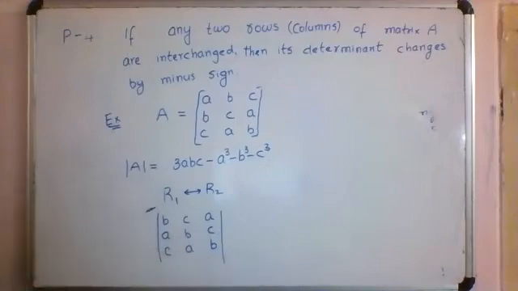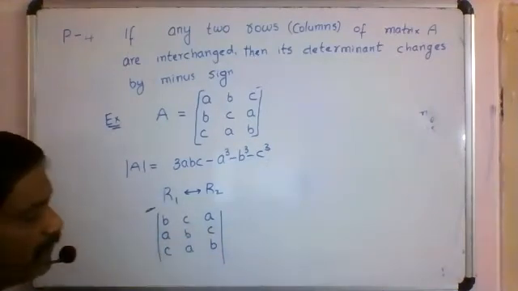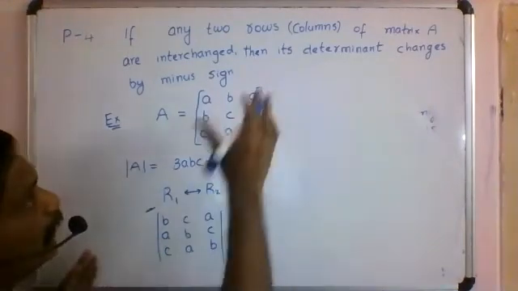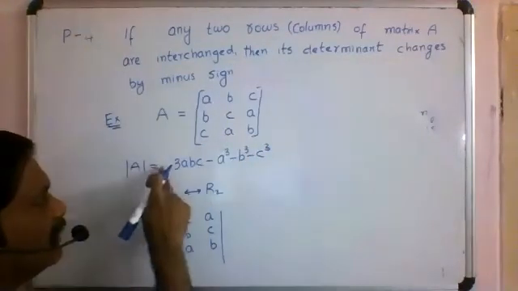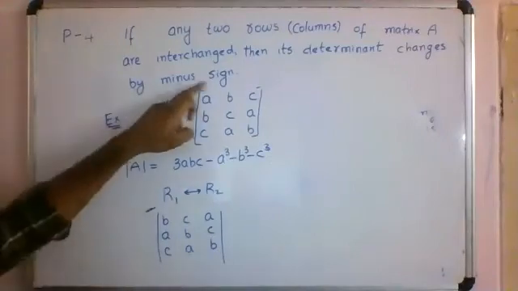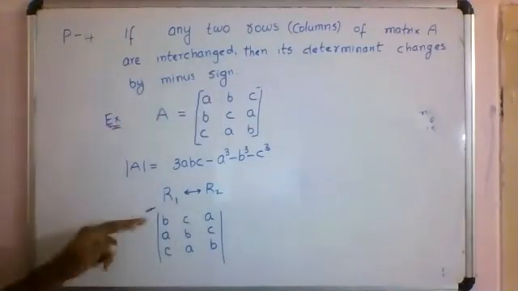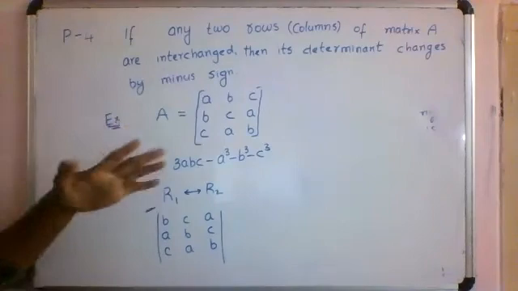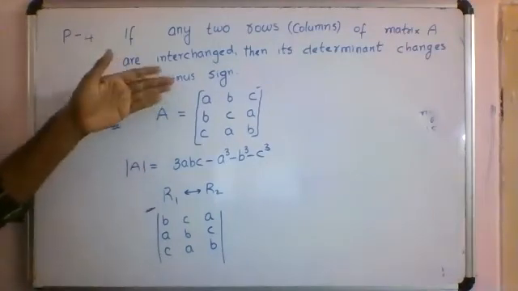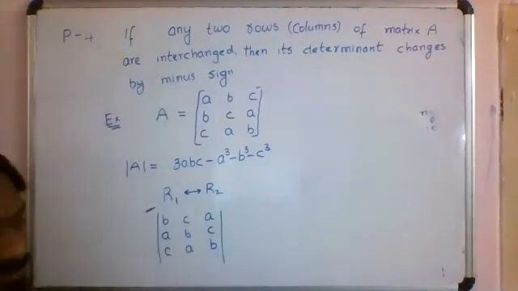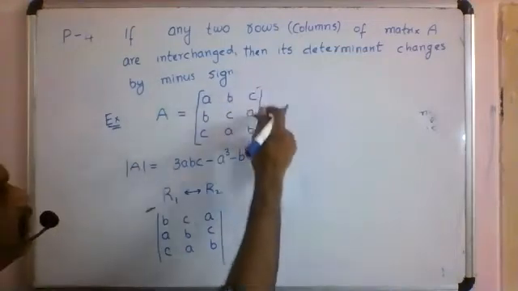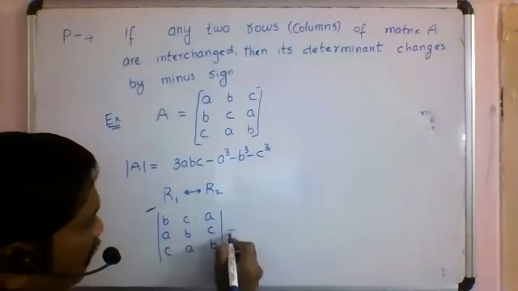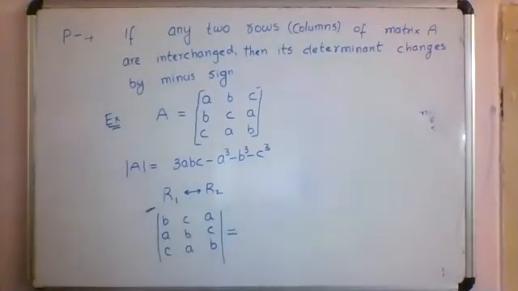Now what is going to happen for this determinant? Now we have to see, and according to property, he is saying that same answer we are going to get, but here we get a minus common. Changes in minus sign now. If we change any two rows or two columns of a given matrix, its determinant value changes by negative sign. That is the property that we are going to prove. So here I interchange two rows. Now let me see what answer I am going to get.